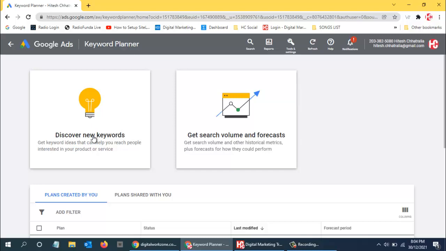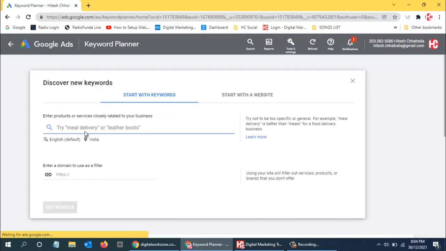So now I click on discover new keywords, and this is the place where I can find the keywords and get to know the monthly search volume of the keywords. In this, I have two options to discover new keywords. The first option is to start with the keywords. I type the keywords and click on get results, and I will get to know how that keyword is performing.